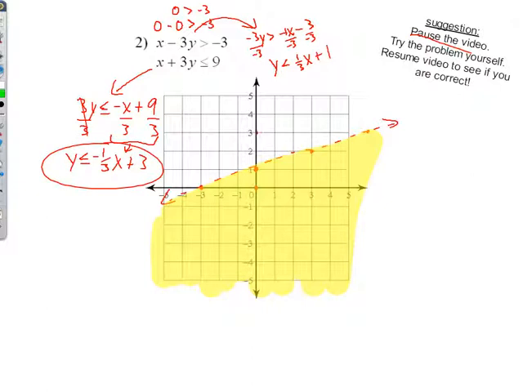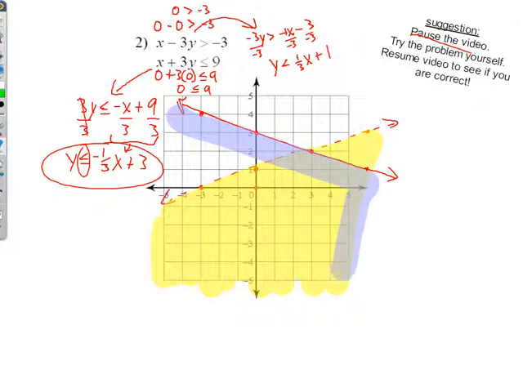I go plus 3 for the y-intercept. I go down 1 over 3, down 1 over 3, or up 1, left 3. It is a solid line this time because it was less than or equal to, and now I have to decide where I'm going to shade it. So I put in 0 plus 3 times 0 is less than or equal to 9. 0 plus 0 is 0. Less than or equal to 9. Is 0 less than or equal to 9? Yes, it is. Therefore, I'm going to shade on the 0 side of this